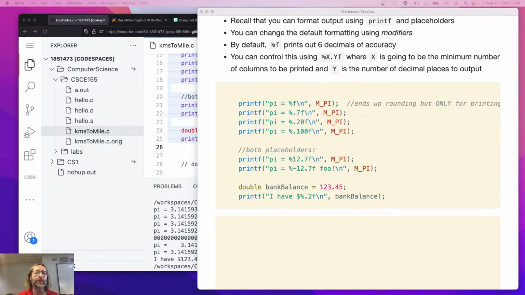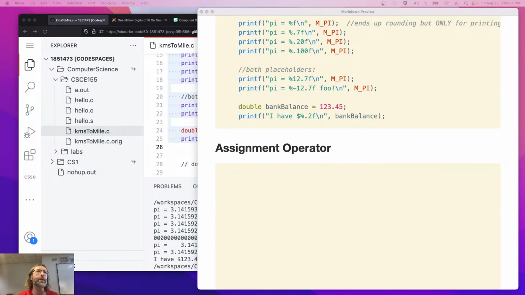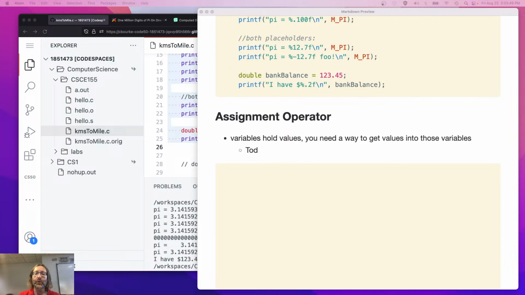No? All right. Well, something that we've been using just implicitly up to this point is our first operator, the assignment operator. Variables hold values. You need a way to get values into those variables. To do this, you use the assignment operator, which is just a single equal sign. This is not algebra class. A single equal sign in algebra says that